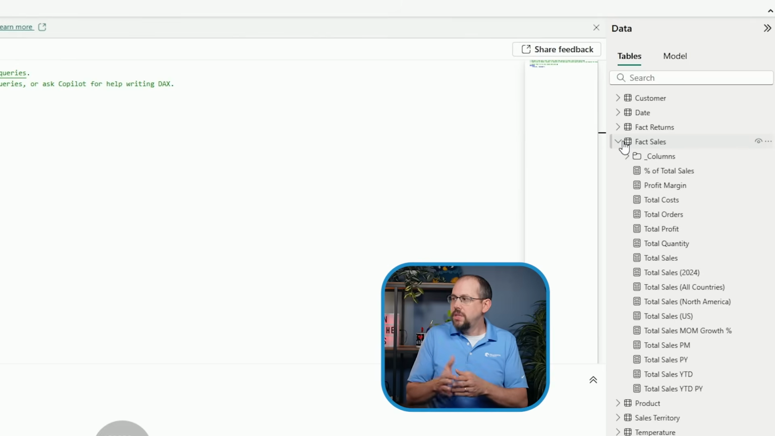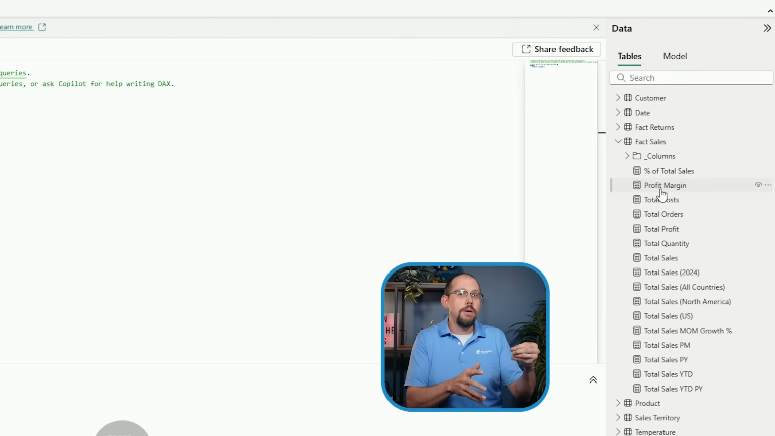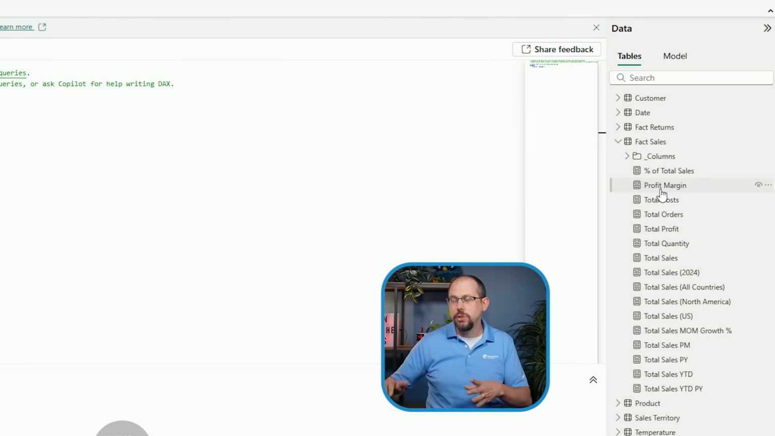And so if I were debugging, for example, let's say profit margin, I know that profit margin is my profit divided by my total sales, right? And so those are measures that have already been created. So inside of my profit margin calculation, I am using other measures, which might in turn be using other measures. And so in order to get a holistic view and to see the entire lineage of where this began and how it got to where I'm at,